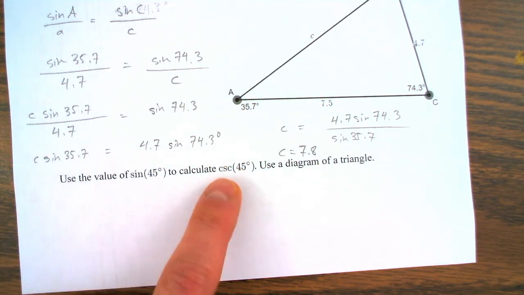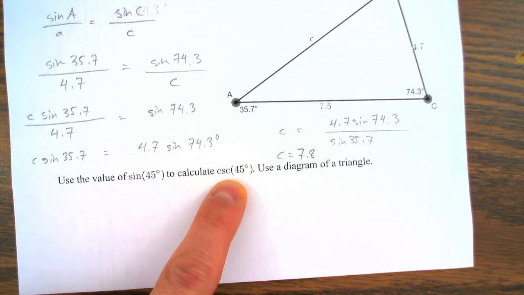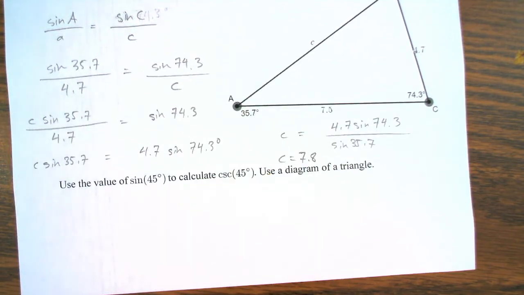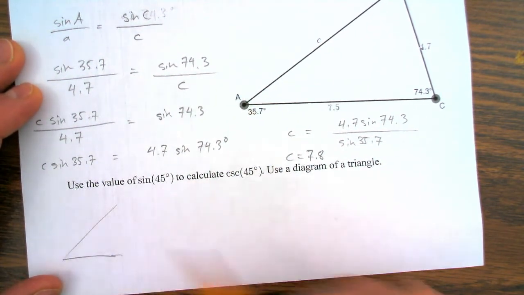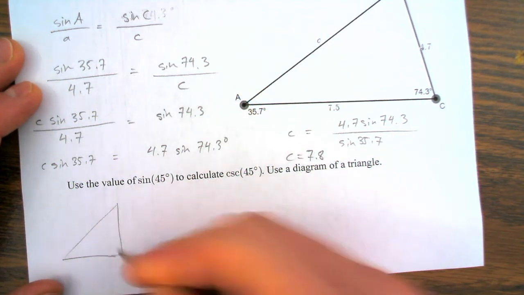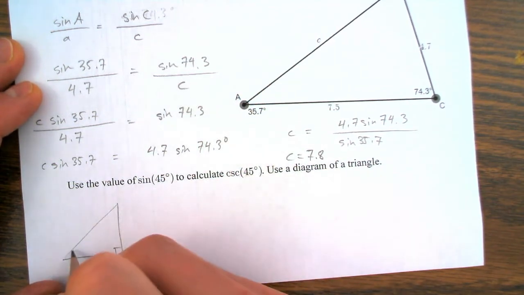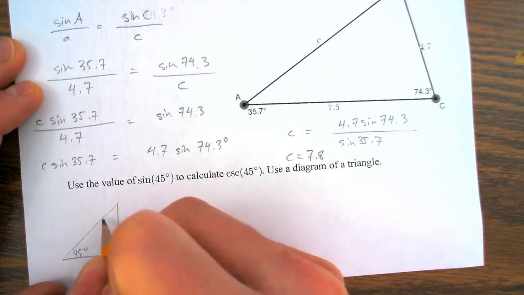Okay. So we want to calculate the cosecant of 45 degrees. In the past, we've done this using Desmos, and we've done it using a calculator. So let's see again how to determine this value without a calculator. So we have this triangle which we've drawn before,